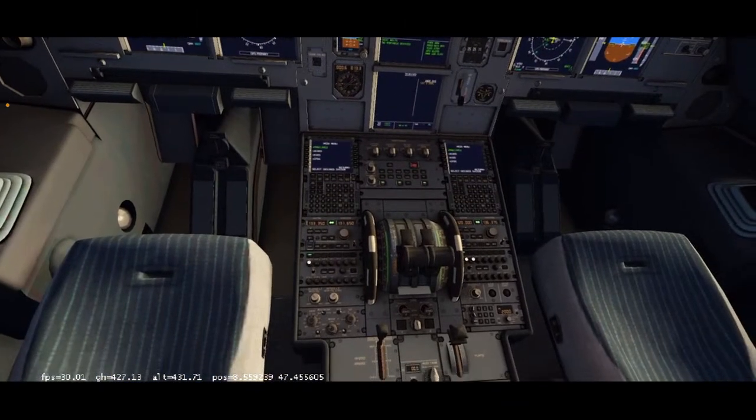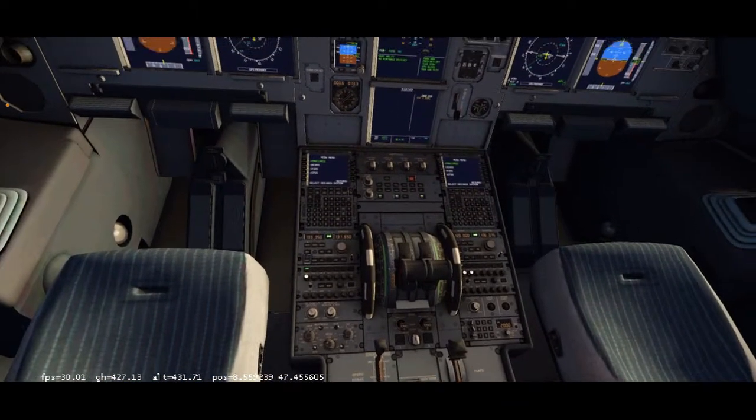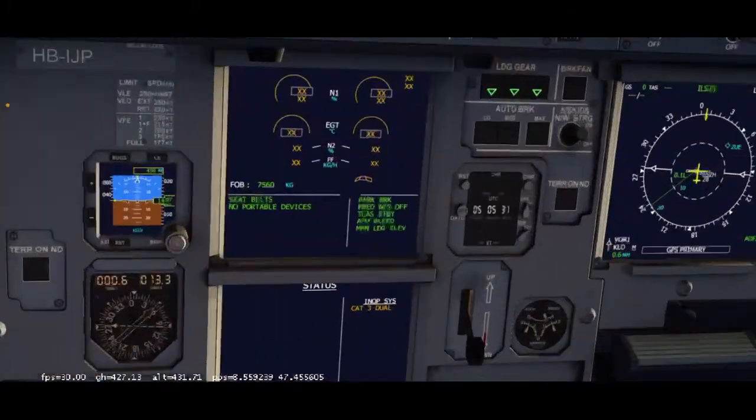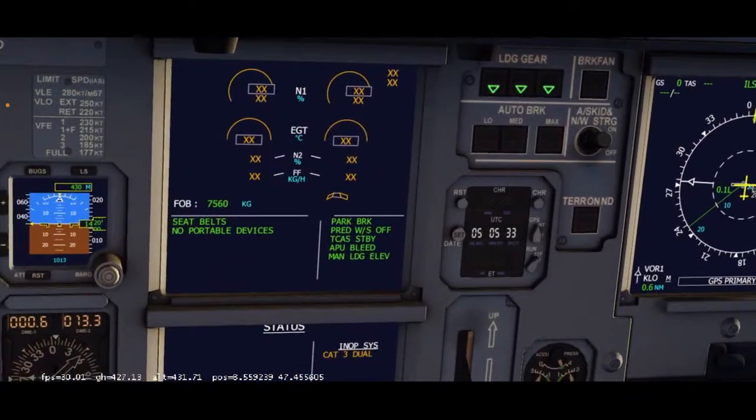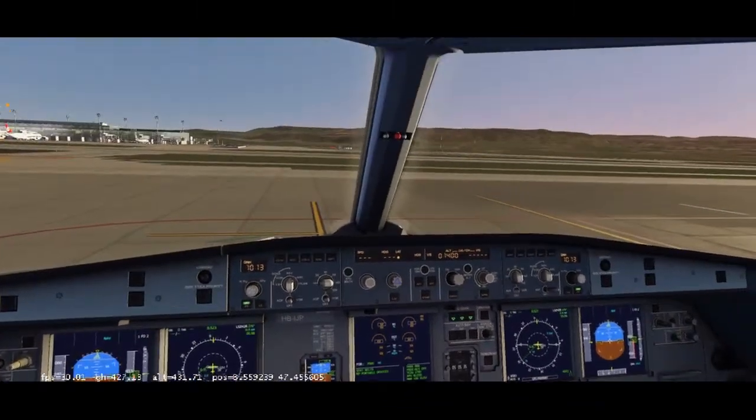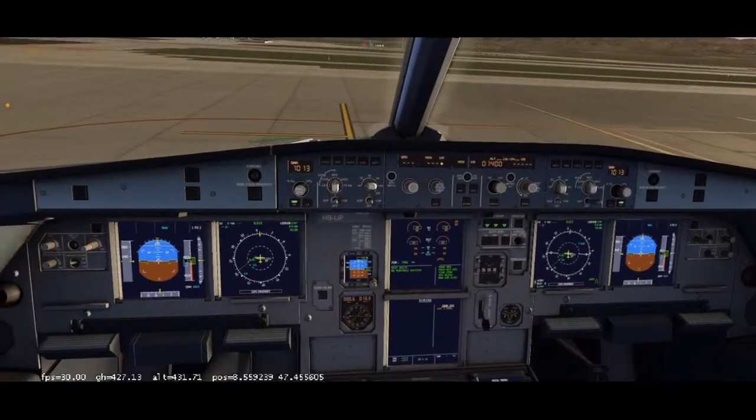We're going to start. Casper says, in real life, the spoilers only come out when the auto brake engages. When you don't have auto brake set, you have to put the spoilers out manually. Oh, good to know. Auto brake. Oh, right, because you would have to, yeah, that would make sense. So you'd set your auto brake to medium, and then I guess it would come on automatically. That makes actually a lot of sense.